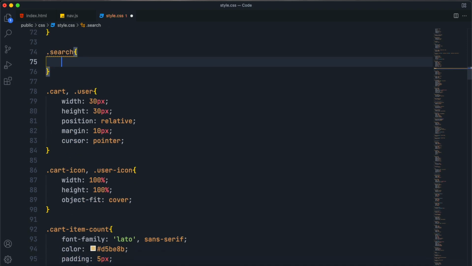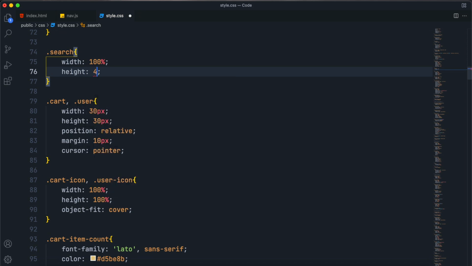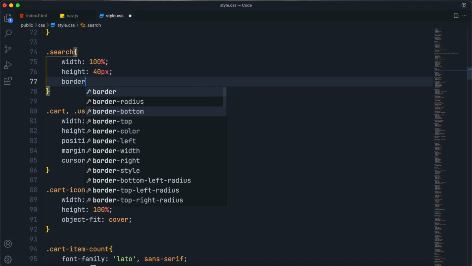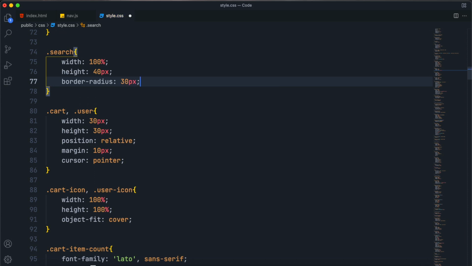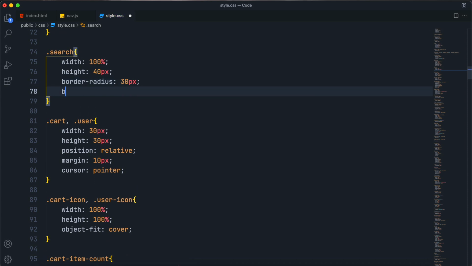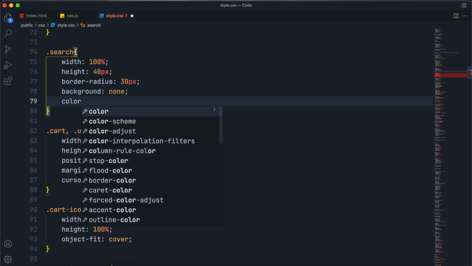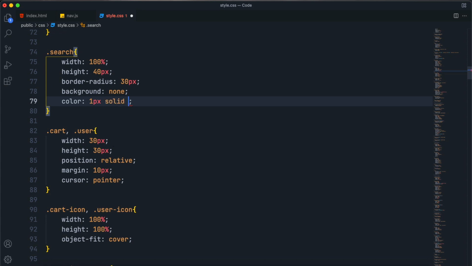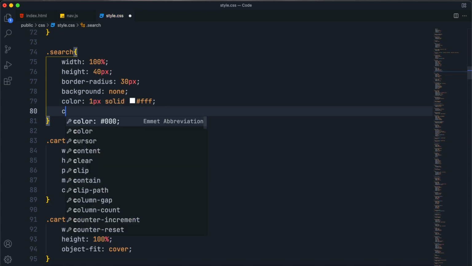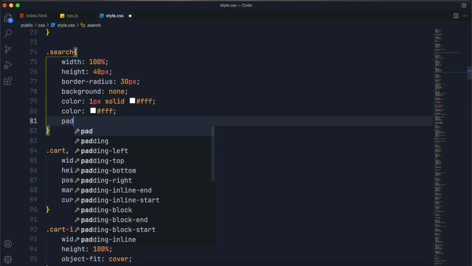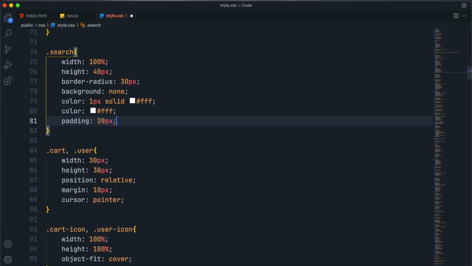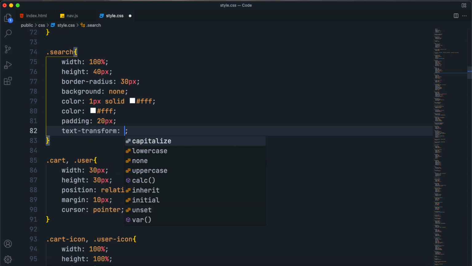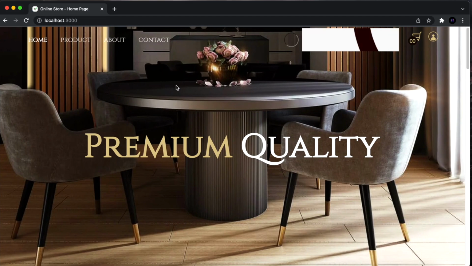Now select the search element and let's style the search input. So set its width to 100% along with a height of 40 pixels, and you can give a border radius of 30 pixels also with the background none to make it transparent, and set its color to, let's say, 1 pixel solid. Okay, this is not color, this is a border, so set its border to 1 pixel solid white, and after that you can give it a white color along with a padding and text transform everything. So yeah,